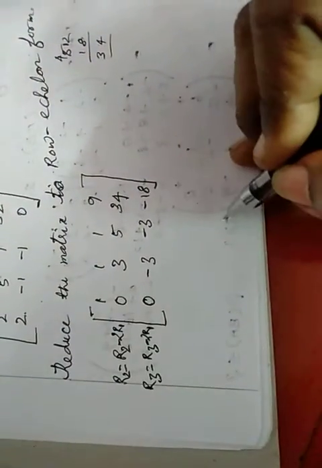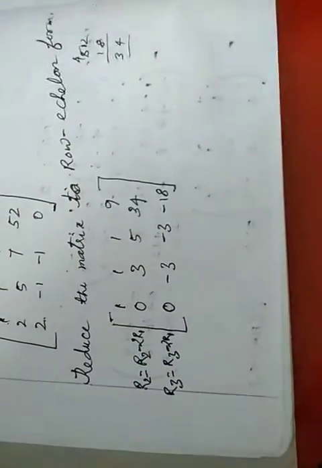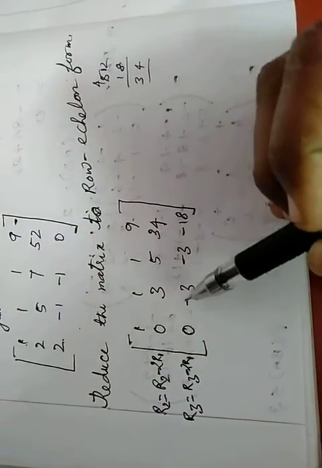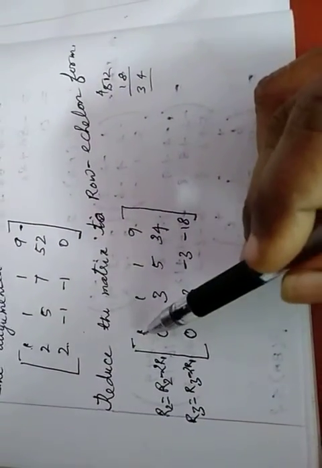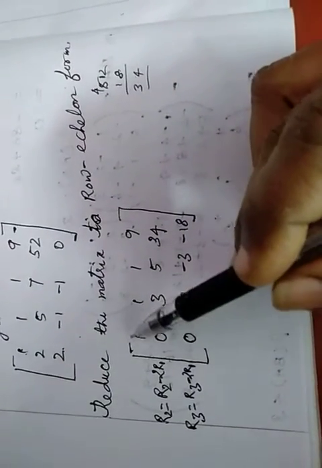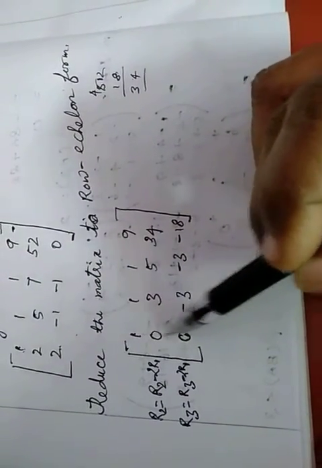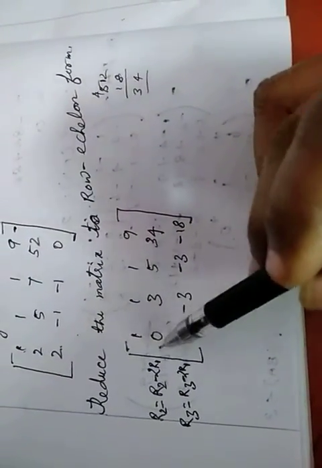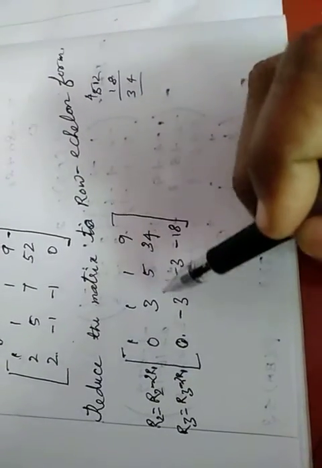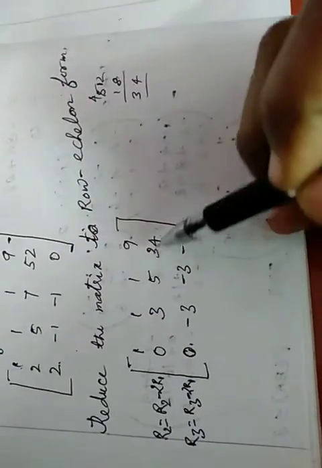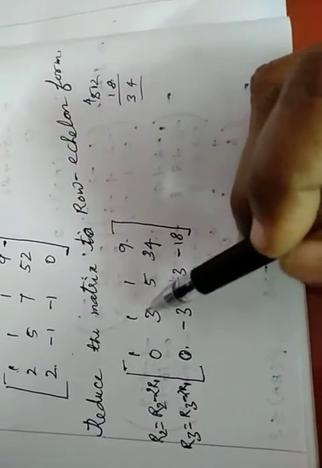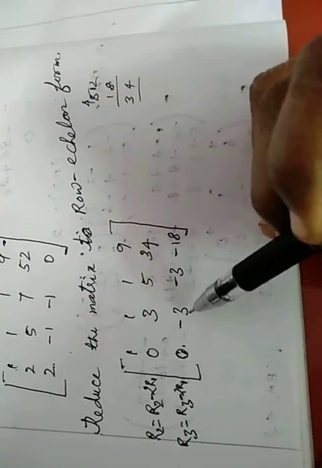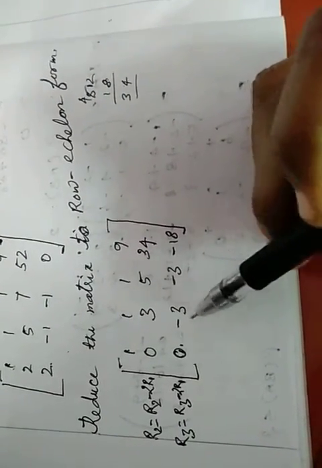So do the calculation slowly. The first sum you will find difficult. Then if you practice it, you will find it easy. Now again you have to reduce to row echelon form. That is, the first row is over. The first element was non-zero, and below that we have made all the elements 0. Now come again to the second row. The same method will be followed. Second row, first non-zero element is 3. So below that, minus 3 is there. You must make that element 0.